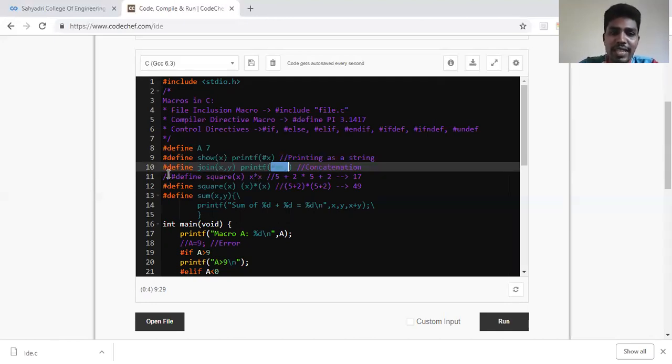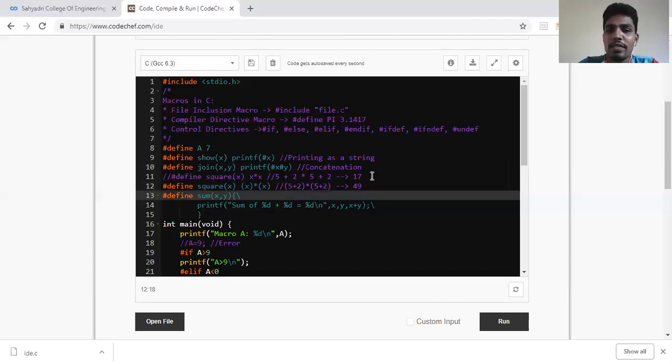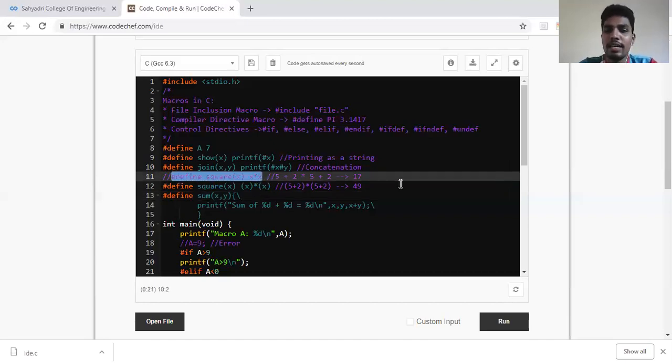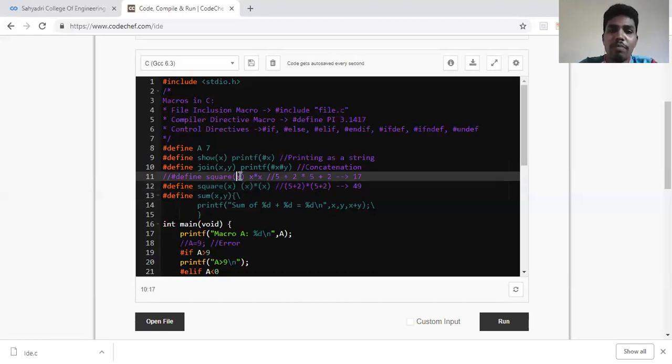So that's what we have seen in these two examples, where square one gives a correct answer and another gives a wrong answer. So why is it giving a wrong answer? If someone throws you this particular question, you should be able to tell the answer. Blindly, we may say 49 because we have passed 5 plus 2, which we take as 7, because x is equal to 5 plus 2. So that is nothing but x is 7, so 7 into 7, 49. But that's a mistake which we are actually making.